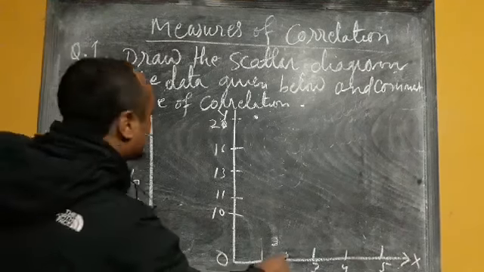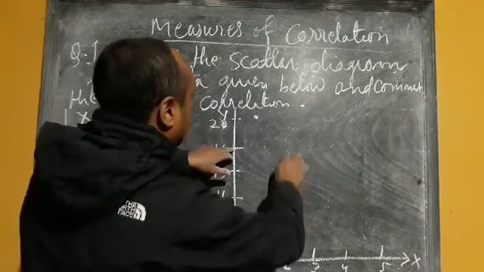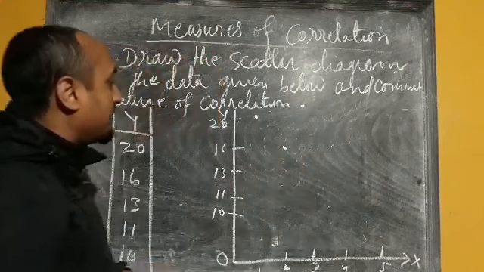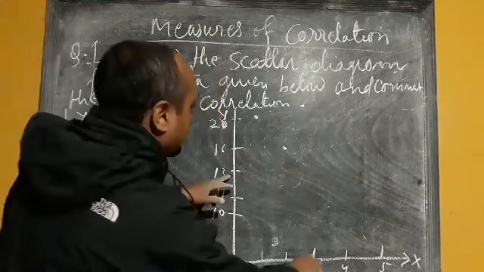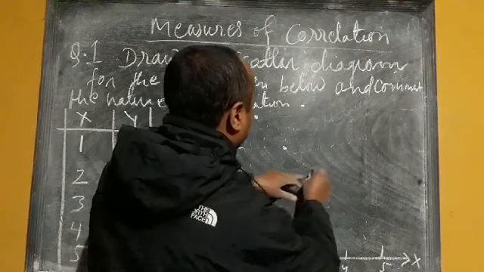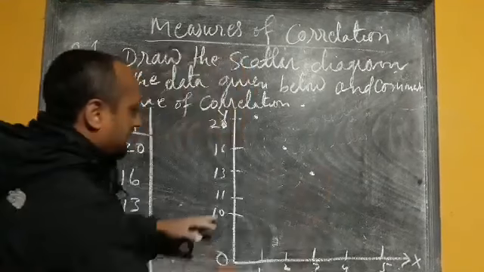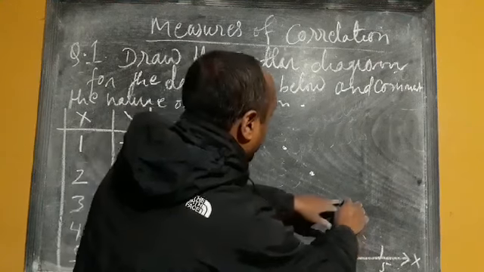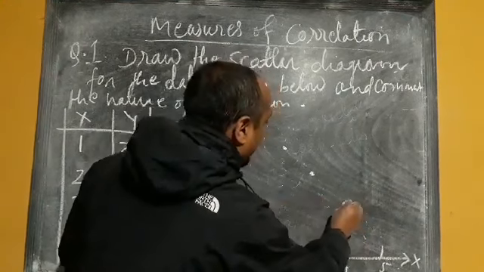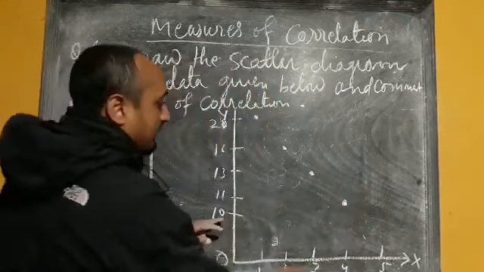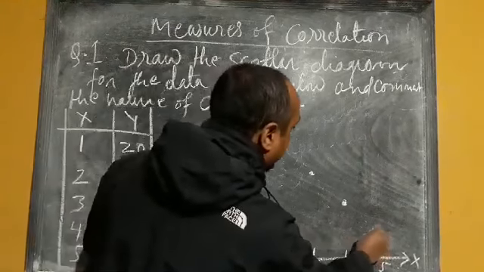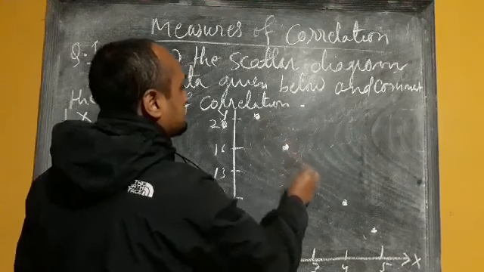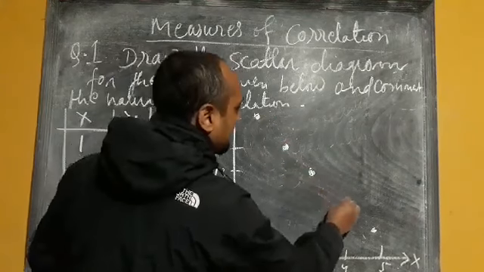Now second, when the value of x is 2, y is 16. So we have plotted the second point also. Now 3, 13. Now 4, 11, so we will plot this point also. Now 5, 10. So after plotting the points,